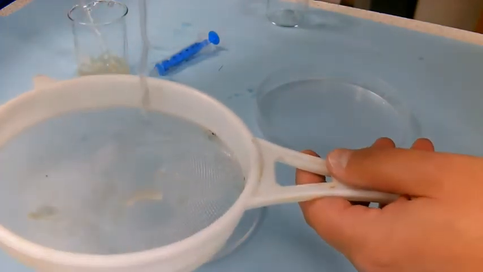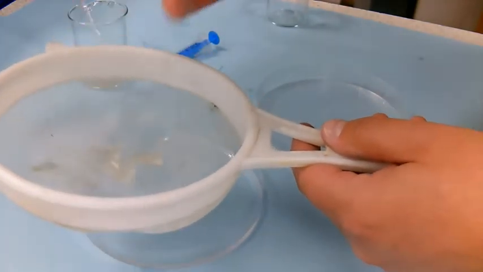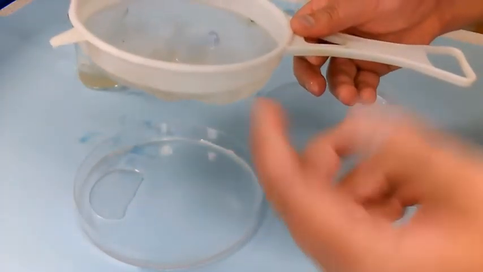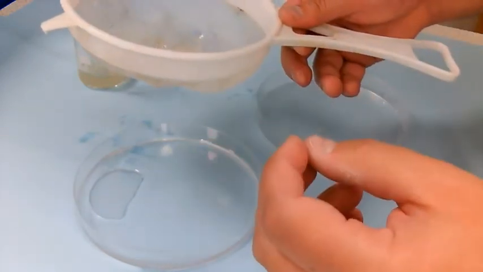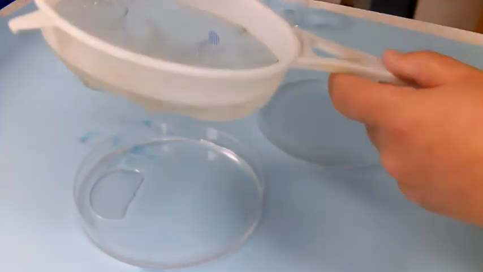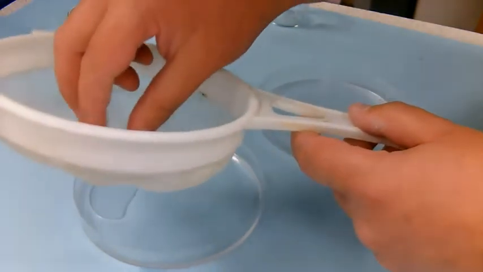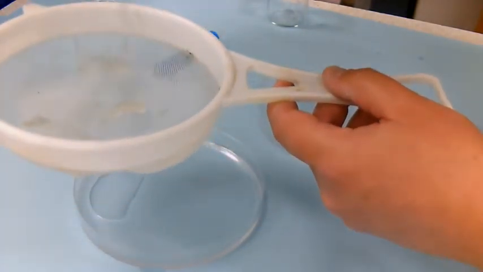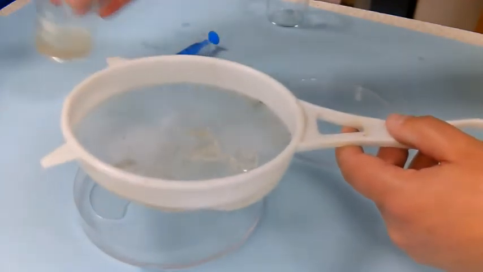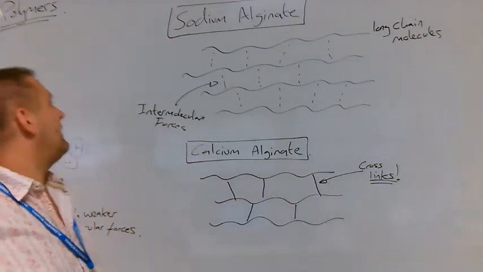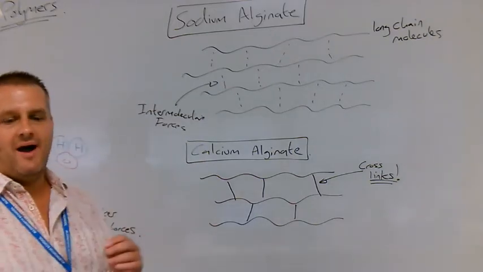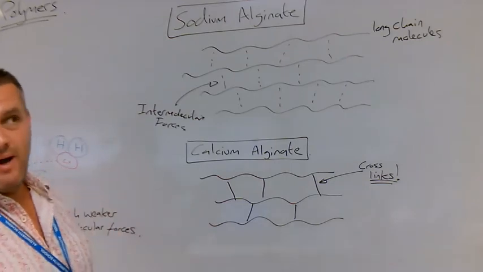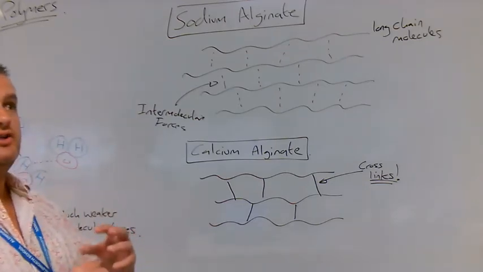Why is it different? This is probably going a bit beyond what you need to know, and actually, well, I suppose not really. In C2, polymers come up in bonding, but in C7, when we do organic chemistry, there is a whole section about polymers, and particularly why different plastics are different. And this actually is a very similar reason. So let me pop back to my board, and I'll see if I can explain why this polymer is different to what I started with. Okay, so a quick explanation then about how I made my calcium alginate polymer worms and why they were solid,